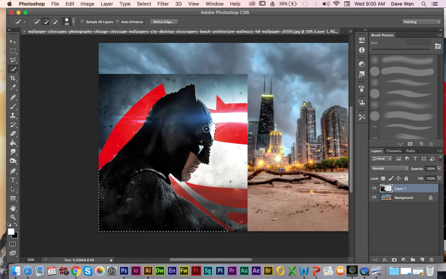And you really want to take your time with this part, because the more time you spend with the cutting out part, the better it'll look. Now, some of your images are going to be very